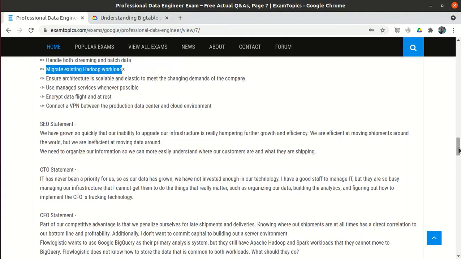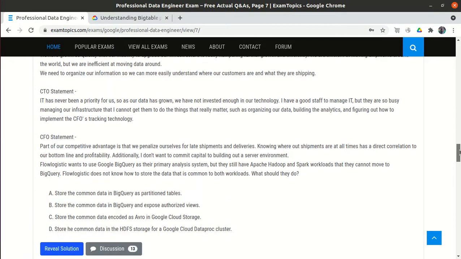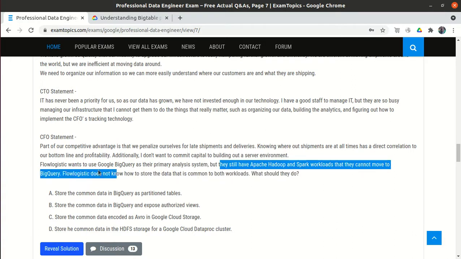The CEO, CTO and CFO gave some statements. The CFO said Flowlogistic wants to use BigQuery for the analysis, but they still have Apache Hadoop and Spark workload that they cannot move to BigQuery.